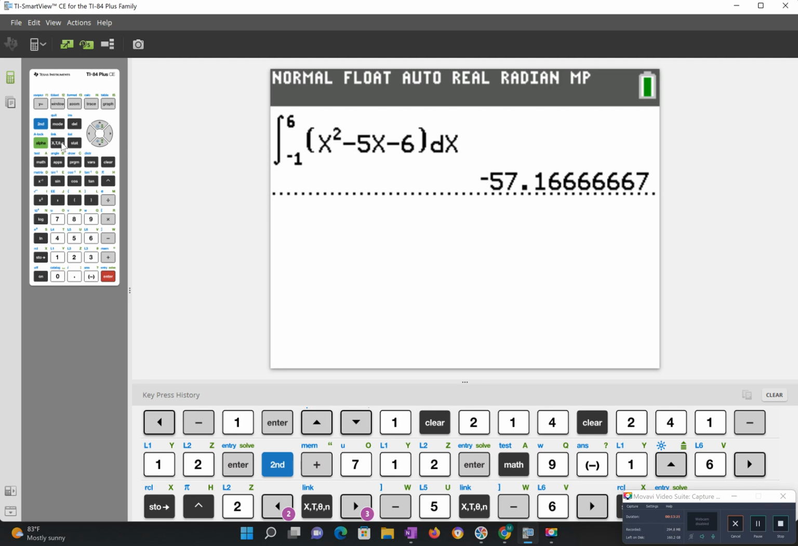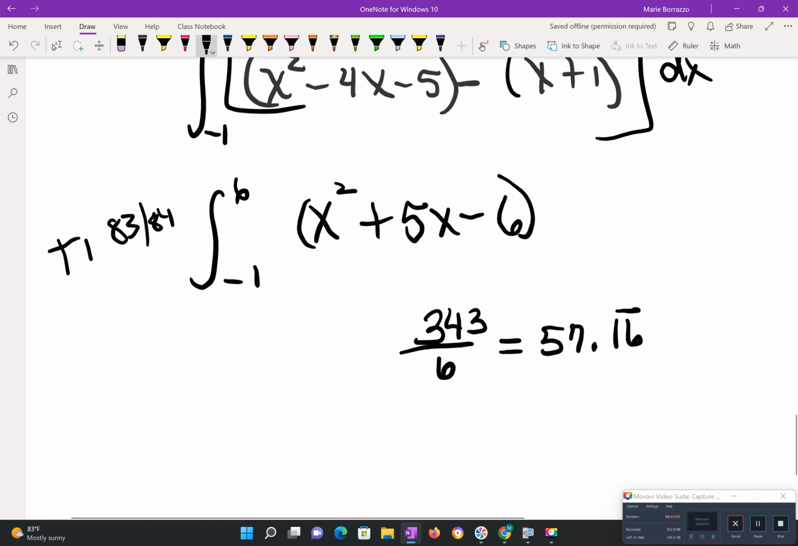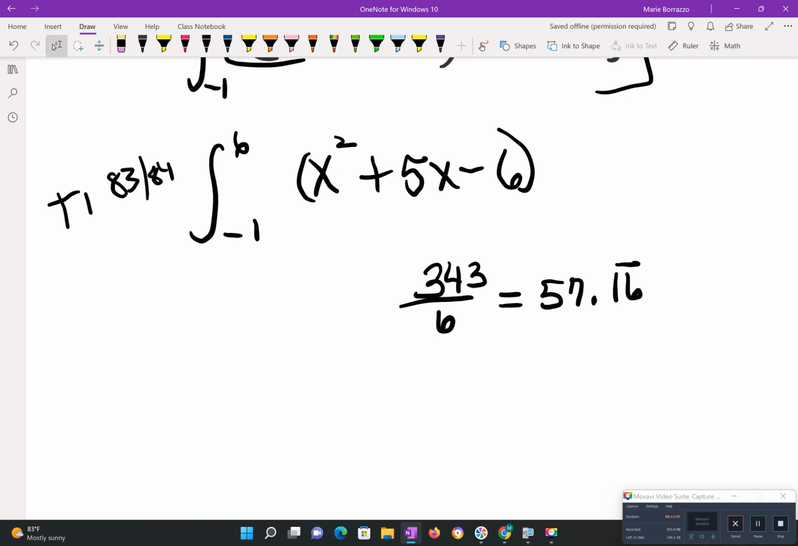And if you do this via reducing and actually substituting, you're going to end up with 343 over 6, which is equivalent to 57.16 repeating. So remember, you just simply subtract or substitute in both. So if I substituted in the 6, this is 6 squared plus 5 times 6 minus 6